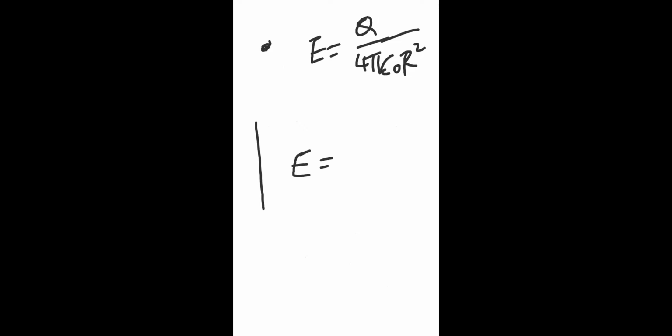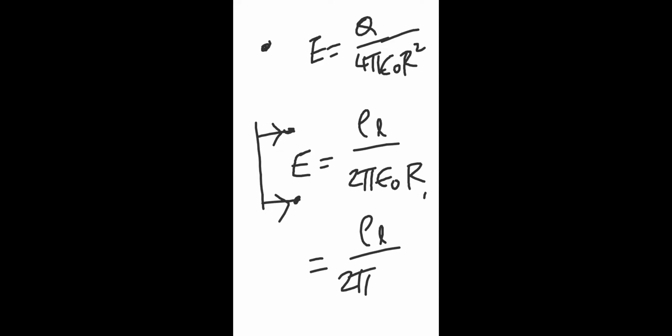Now I am going to compare with the point charge. I had an electric field like this, Q divided by 4 pi epsilon naught R square, where R is the radial distance from the point. In case of line charge, I get rho L divided by 2 pi epsilon naught R, where R is the perpendicular distance. This is also radial only, but not from a fixed point always. It is like a radial perpendicular distance. Once you are here, you have to measure it from here. Once you are here, you have to measure it from here. That is the idea of this R. Or otherwise, in some books, they write 2 pi epsilon naught A.